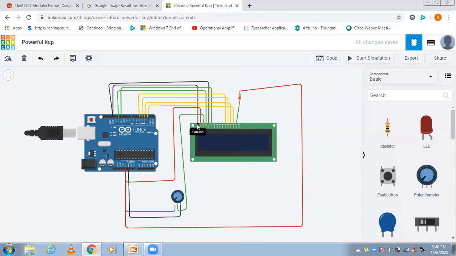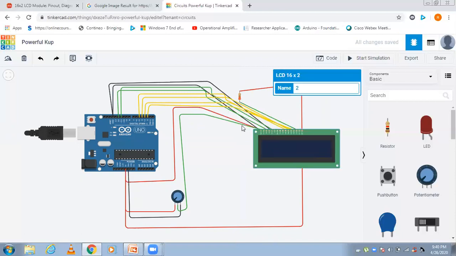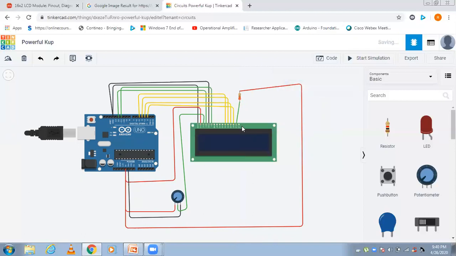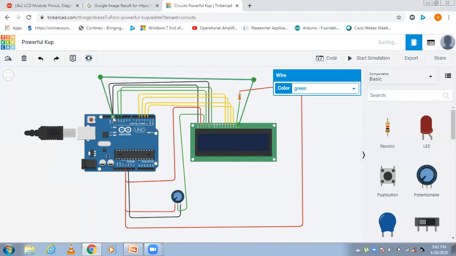I can tap it here, or if you want you can connect it to this ground pin also. Okay, that's it. I will give the color black. That's it. I've given all the connections.